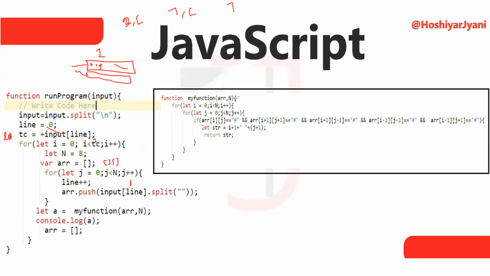Function my function, I am passing array and n and iterating the loop for traversal in the matrix, i from 0 to n and j from 0 to n, and if array of i j is equal to hash, we check the diagonal condition that I told you in the Java code. So we see the top right, bottom, top left in all four directions, and when we find it, we can simply return the string. So this is all about the JavaScript code of this question.